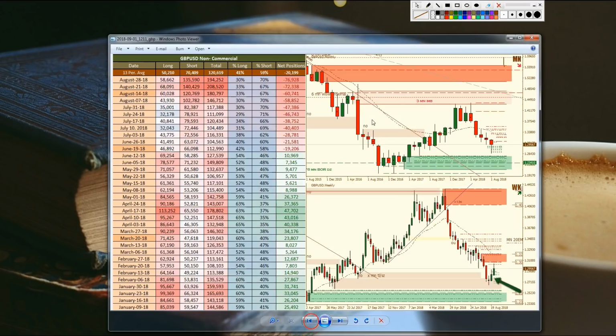Okay, let's go on to the pound. Pound falling short of hitting its weekly area of supply. And this week we can see a little bit of bearish pressure coming in because of that. Very close to the weekly area of supply. So sometimes when price falls just short of hitting the weekly area of supply, we'll see price reacting from that area. But if we take a look at the data, we can see that longs somewhat were cooled off